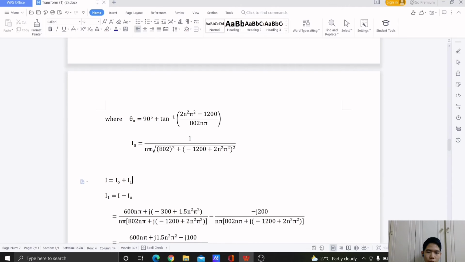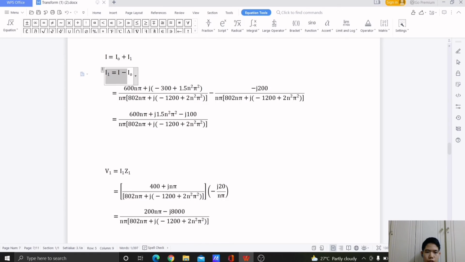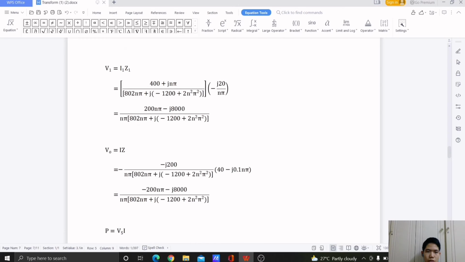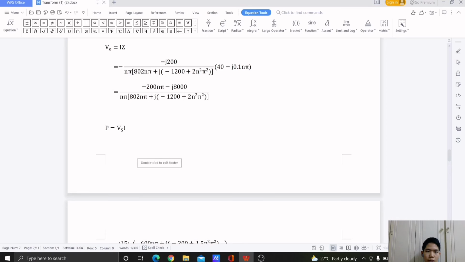After we find the value of I0, we can find the I1 by using Kirchhoff's law. So I1 equals I minus I0, which equals 600 over n pi plus j 1.5 n square pi square minus j 100, over bracket n pi bracket 802 n pi plus j bracket minus 1200 plus 2 n square pi square. So this one, V1 equals I1 Z1, V0 equals I1, and then we find the